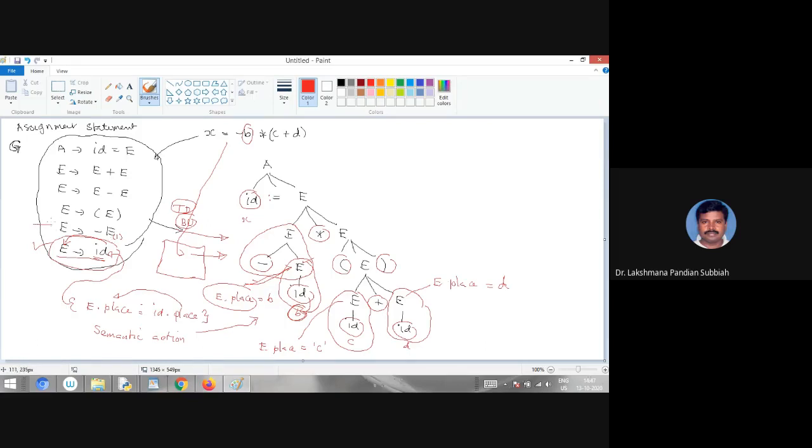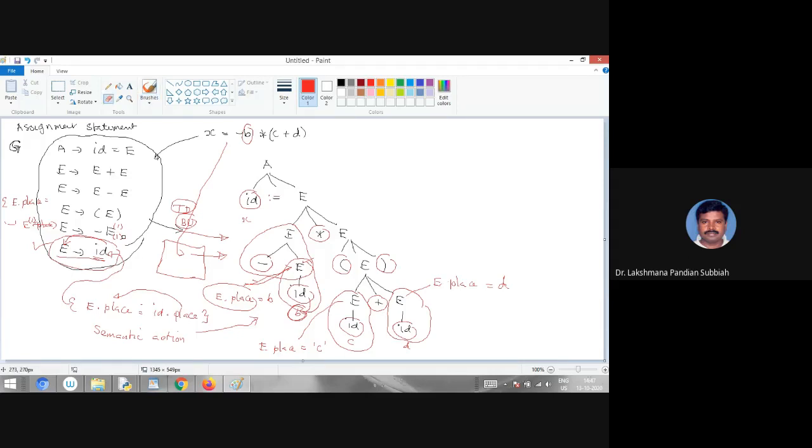The semantic action is E.place equal to the minus operator concatenated with E1.place. Here, instead of suffix, you put it as prefix, right?